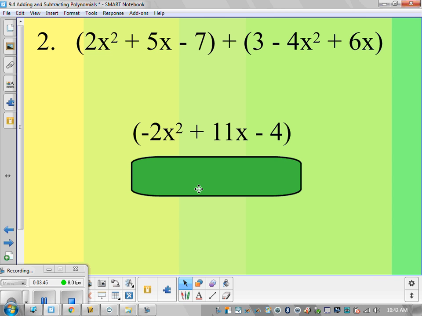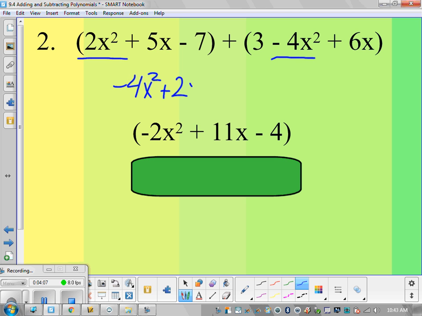Were you able to get to negative 2x squared plus 11x minus 4? When you look at the like terms, negative 4x squared and 2x squared are like each other. So we are going to look at negative 4 plus 2, and when we combine, that equals negative 2x squared. When I look at the x's, we have 5x and 6x, which equals